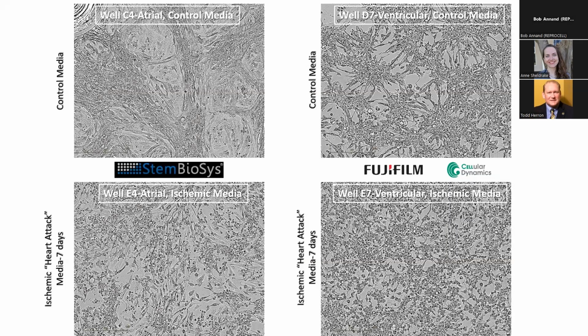So we took images of the cells from each condition after the 7-day treatment with control media or with the heart attack media. On the left are the atrial cardiomyocytes. The top left, these are atrial cardiomyocytes maintained in control media. You can see they have a nice rod-shaped morphology and have very nice monolayers. But whenever they're treated with the ischemic media, you can see that the cells become sick and really do not